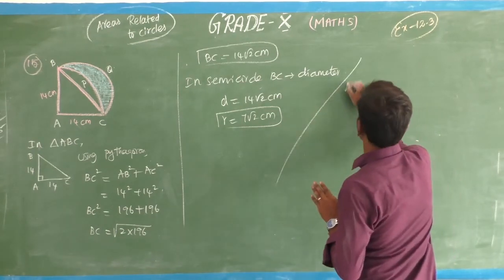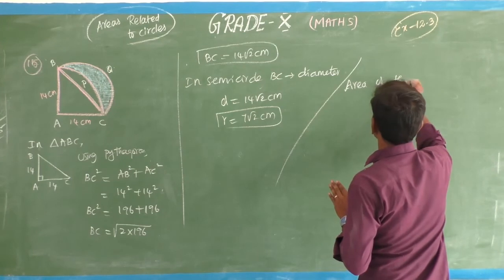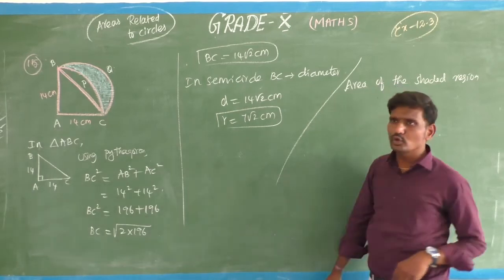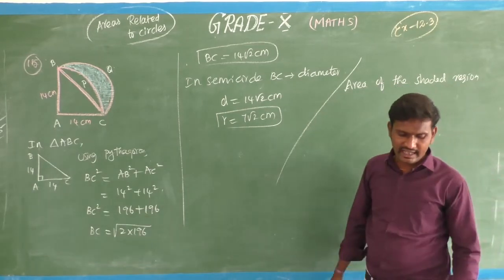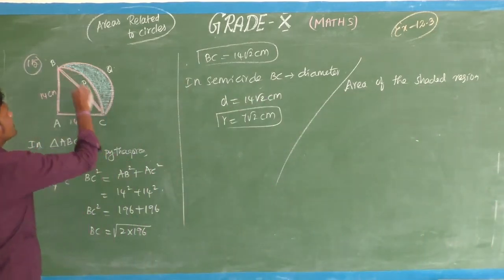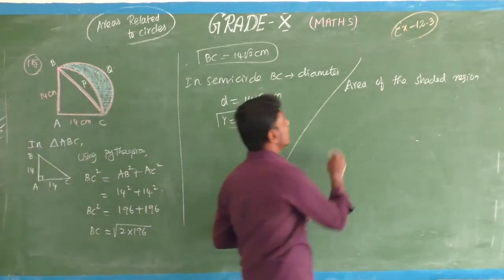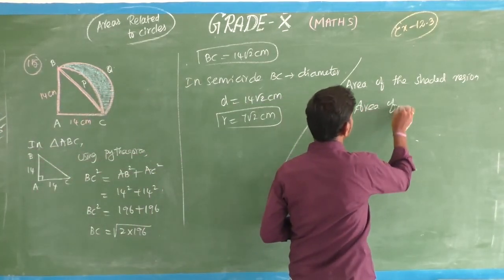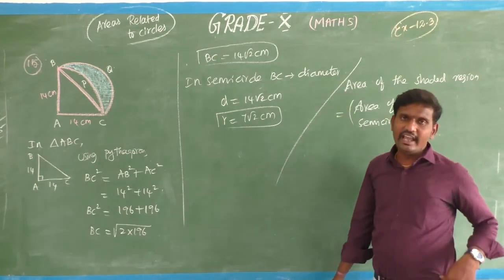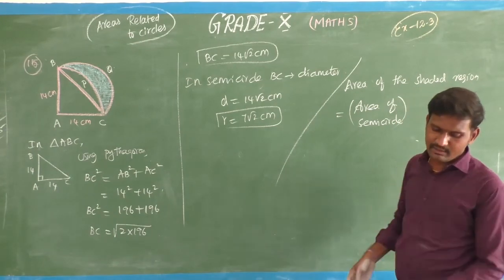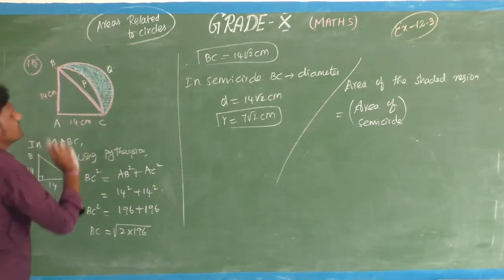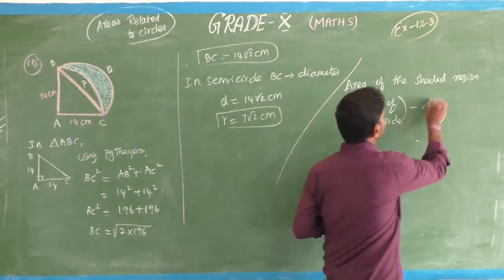So now what are we going to find? Area of the shaded region. For that, first we have to take the area of the semicircle. Now see, the area of the semicircle minus the area of the segment, that is what will come. This one, B, A, C. So for the area of the segment,